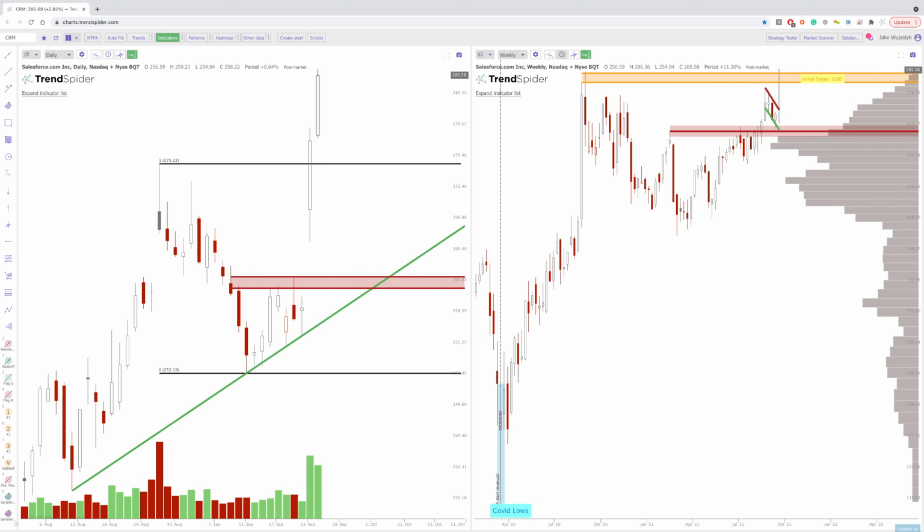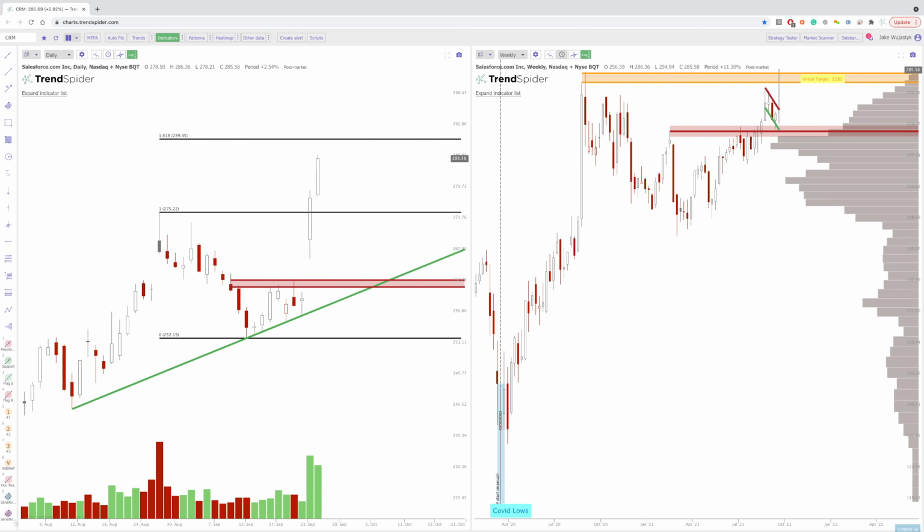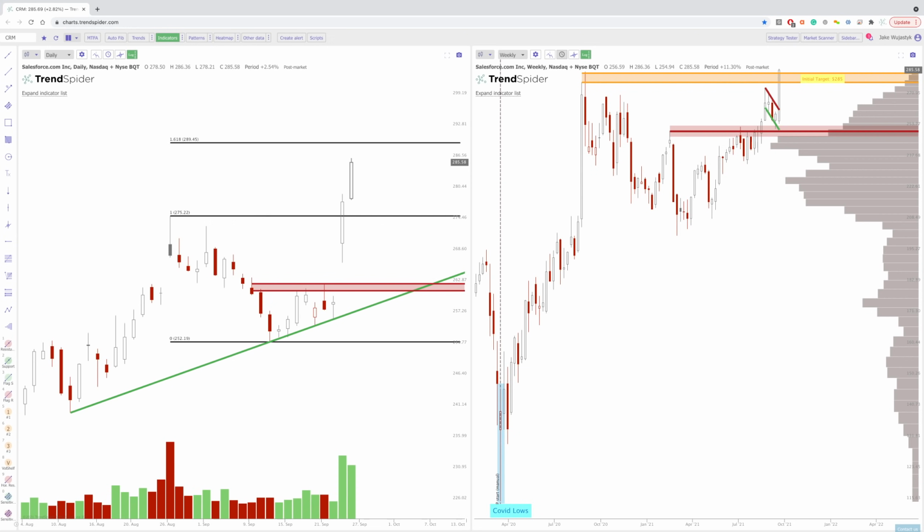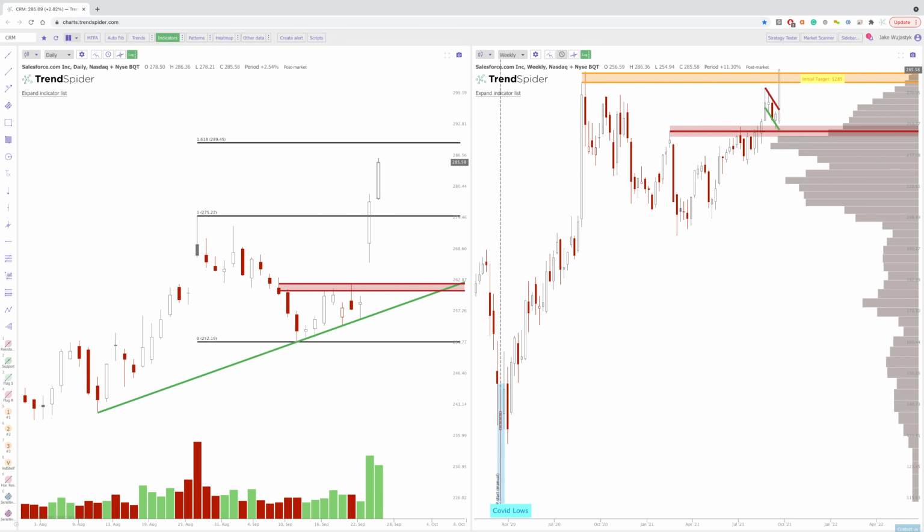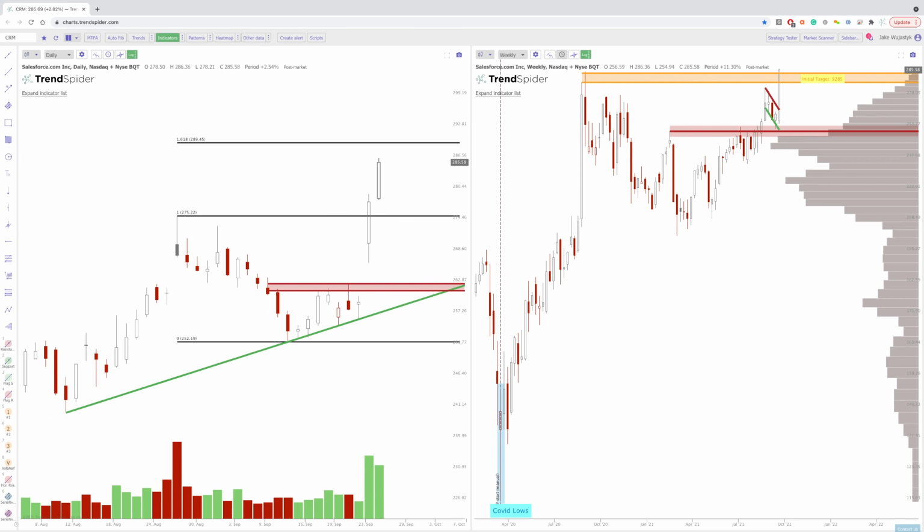Oh my gosh, CRM was just an absolute monster this week. And CRM's not always a monster. So the fact that it finally had a huge move is pretty rare. So we did break out of this ascending triangle and just literally went straight up. So you can see here that the